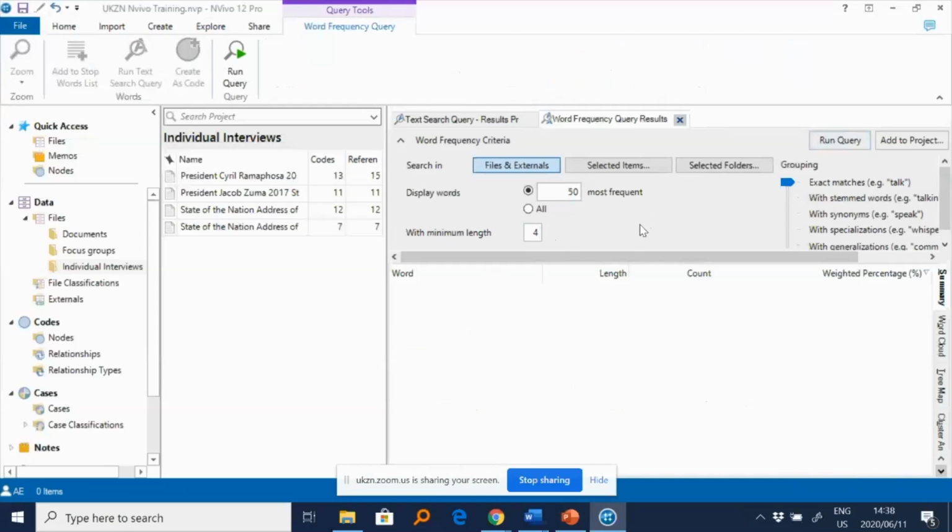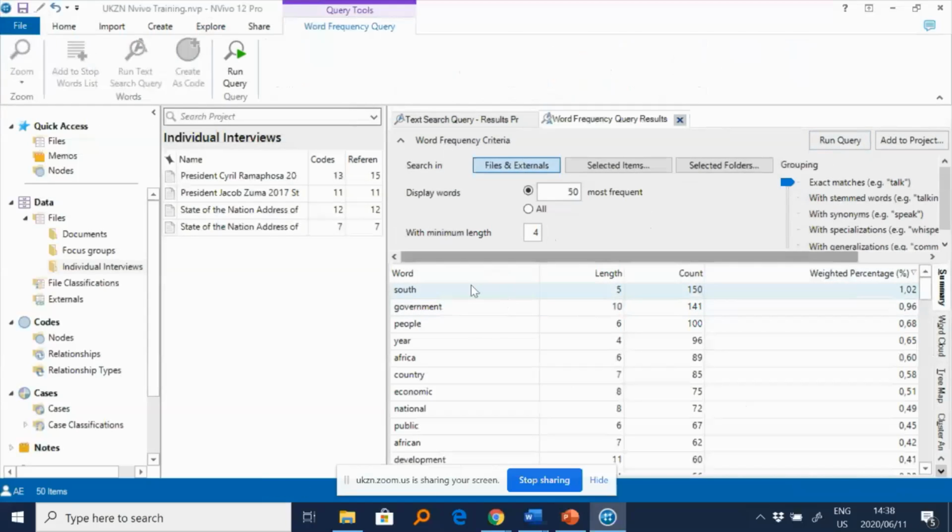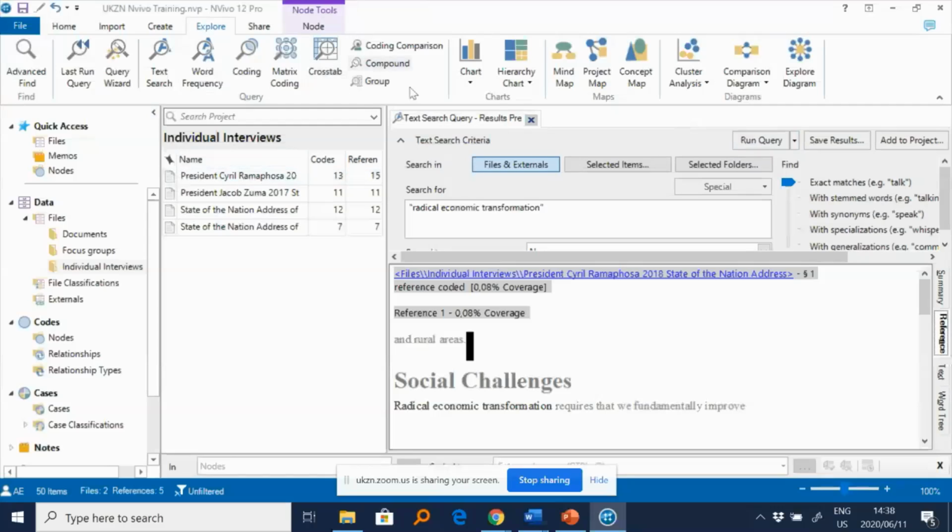As I told you, it's a very rudimentary way to go through your data. So you don't have the ability to combine text. NVivo picks them as a standalone word. But if you want to combine, then you use the second option, which I have just demonstrated.